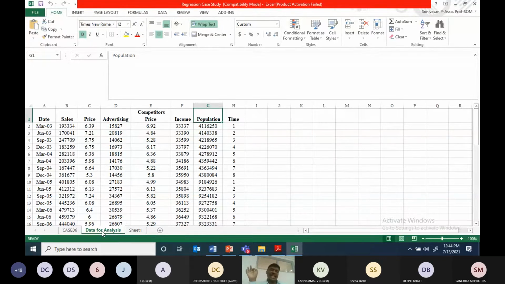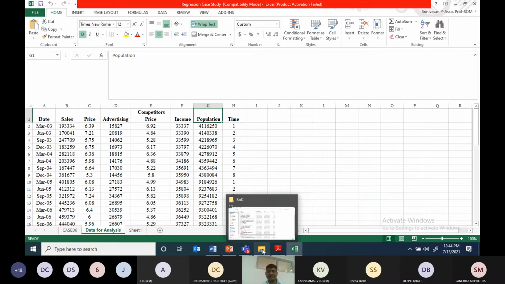So you can see this is the data. It's a beautiful case study actually. I struggled a lot to collect it. It's a foreign case study. Now I'm going to estimate this. The units of measurement you have written, and you know the equation also, which I have written and shown you, the multiple regression. Fine, I'm going for the estimation now.